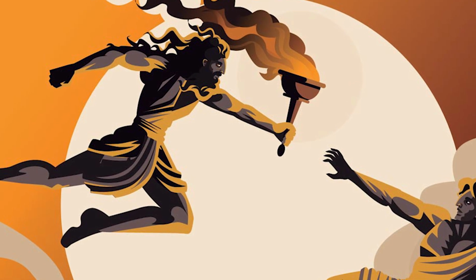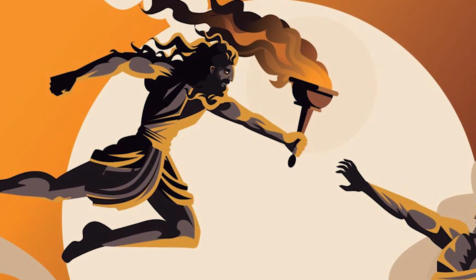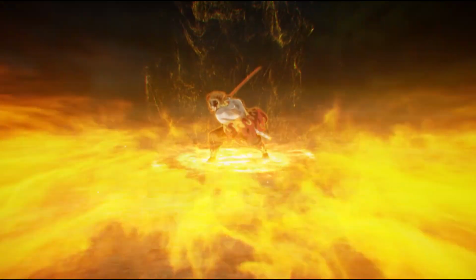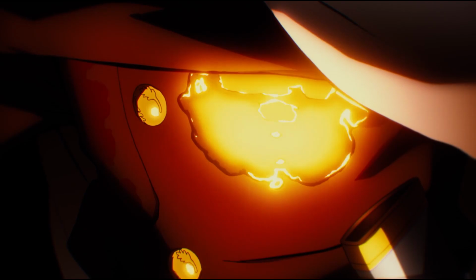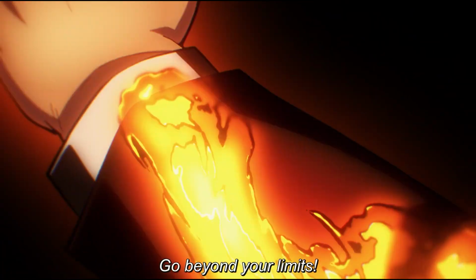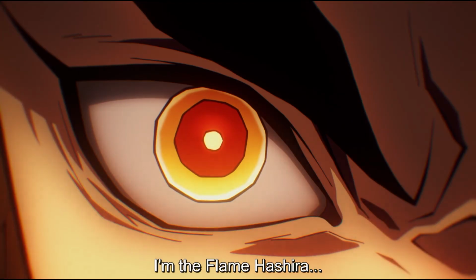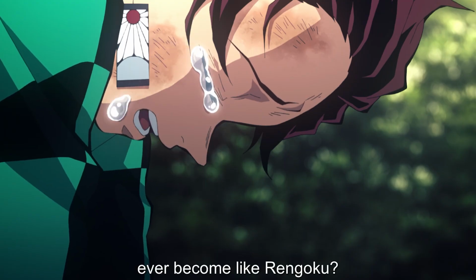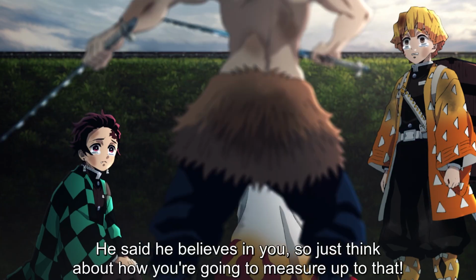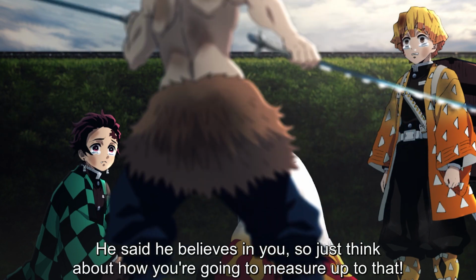Probably most famously with the story of Prometheus in Greek mythology. It's become almost a trope in many ways, and when we look at Rengoku's role in the story, it's obviously pretty fitting. He is a massive inspiration for Tanjiro, Inosuke, and Zenitsu. They see him holding his own against Upper Moon 3 Akaza, and when he's gone, we see the others growing as people, trying to become stronger, and more importantly, reigniting the fire in their hearts to continue down the path